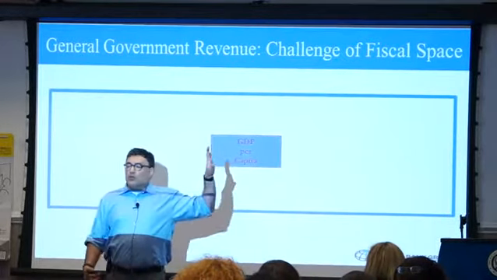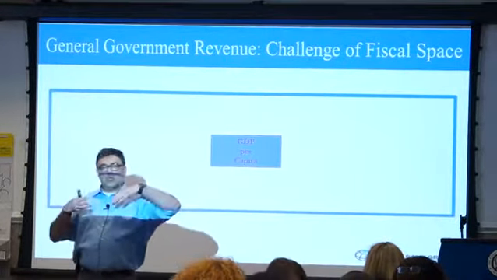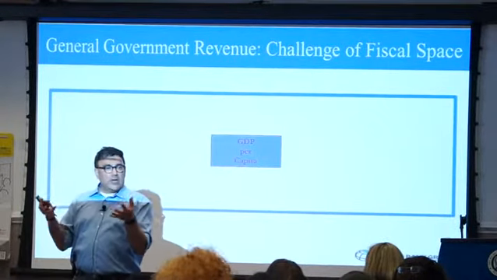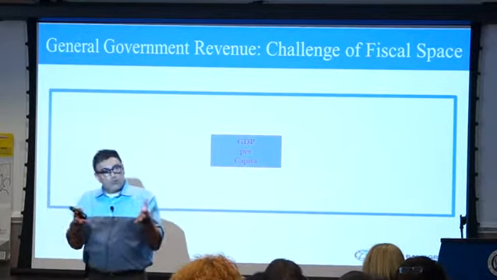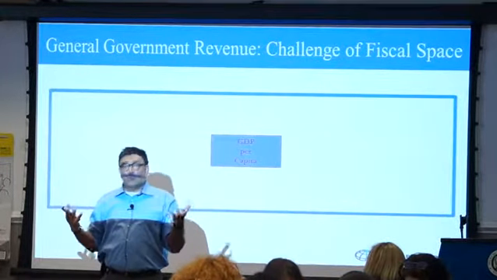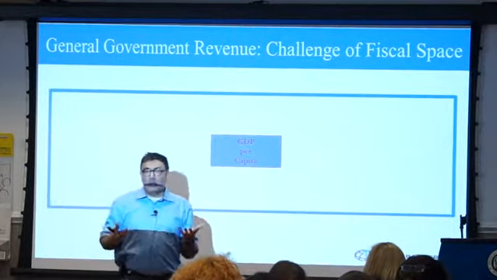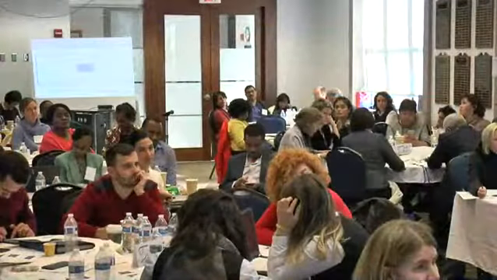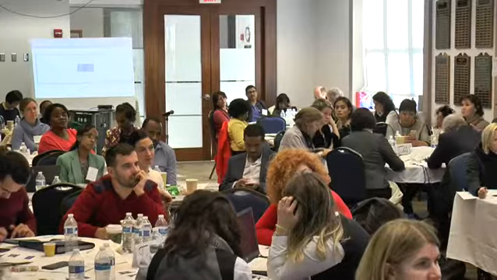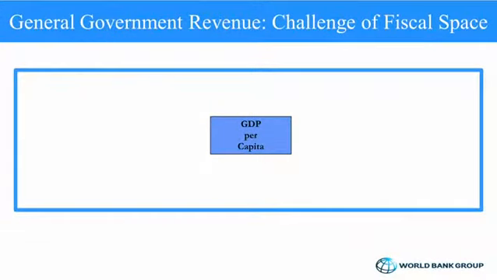When you're looking at immunization, you look at the number of children in the 0 to 1 cohort, or if you're looking at HIV financing, you want to look at people who have HIV, TB, and so on. If you're looking for fiscal space, you've got to look at the size of the economy, because that's where your resources are going to come from. The national economy tends to be the biggest driver of health spending, especially of government revenue financing. So you start by looking at the size of the economy, and then look at the size of the government